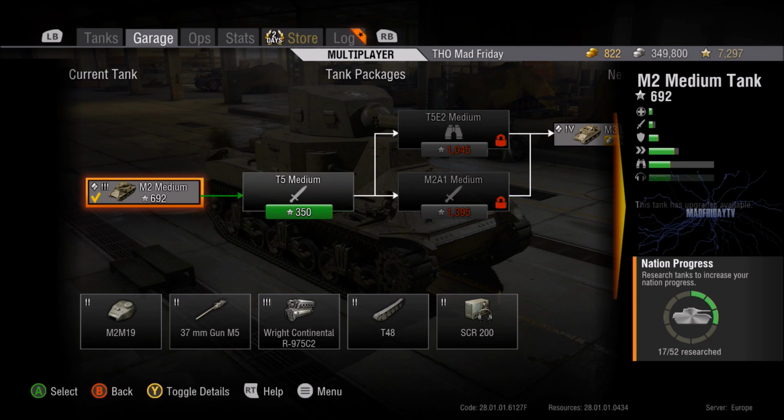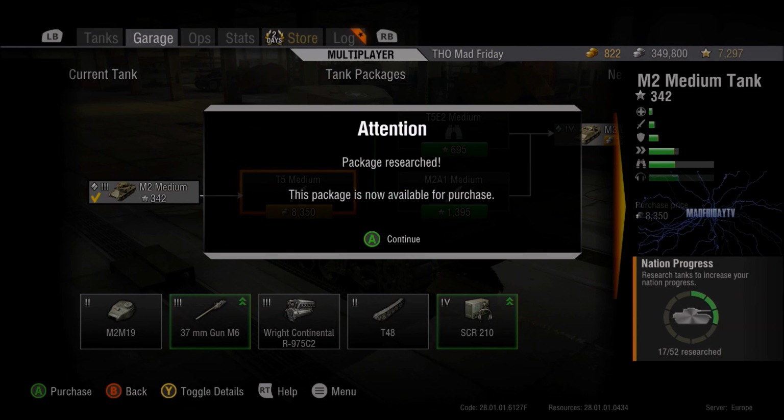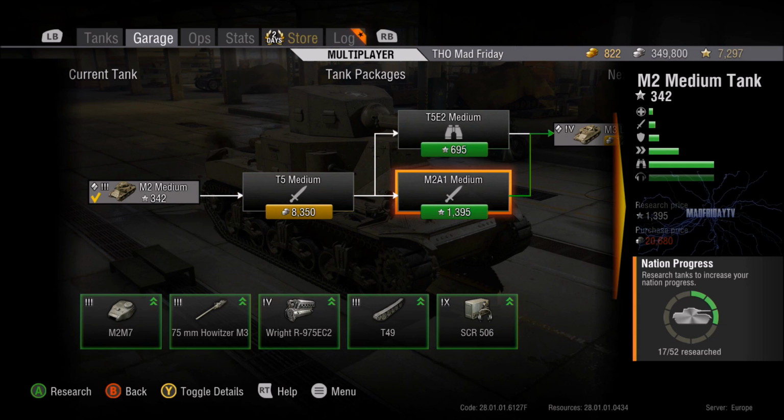See, the first upgrade is only 350 research points. So I'm going to do that, and there we go. If I'd earned some more experience in game, I could unlock these. They are green because I have some free experience to spend,